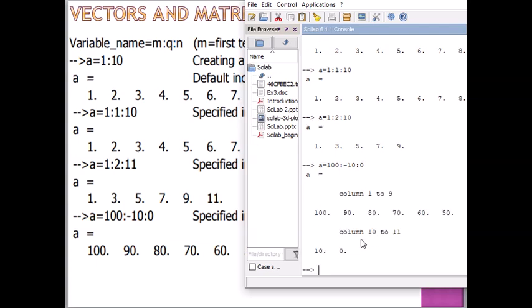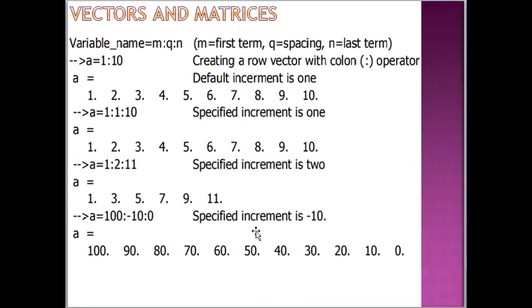Then we get this column matrix. So here the specified increment is minus 10. So our variable starts from 100, and the increment is minus 10. Then from 100 down to 0 the variable will come.